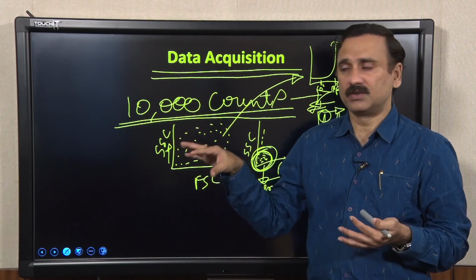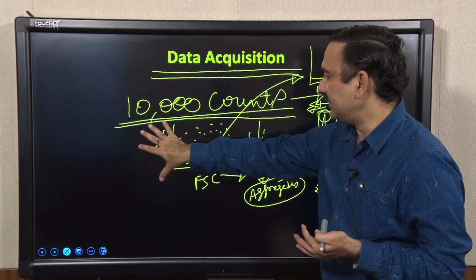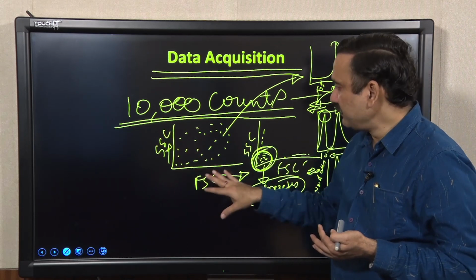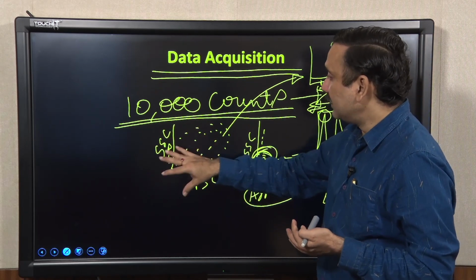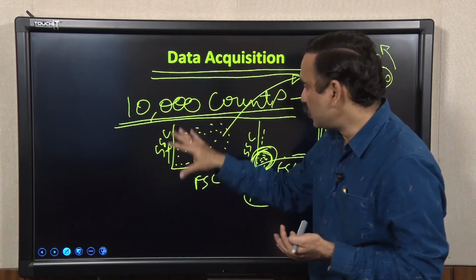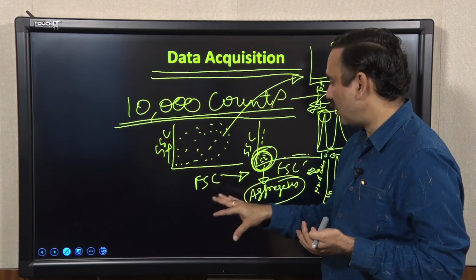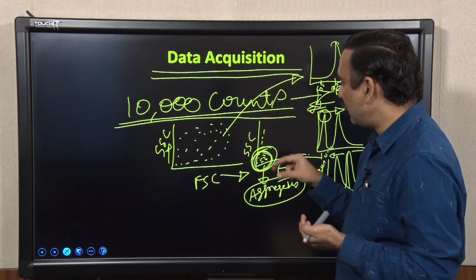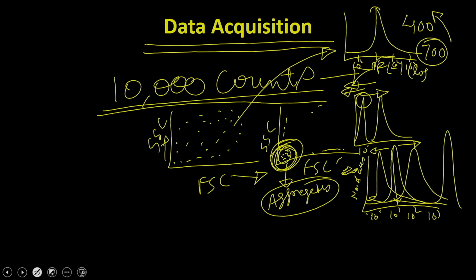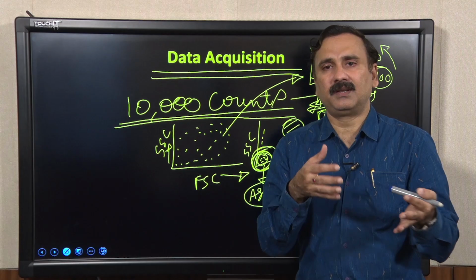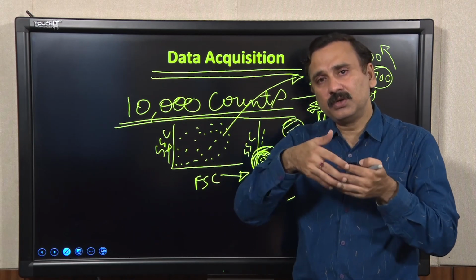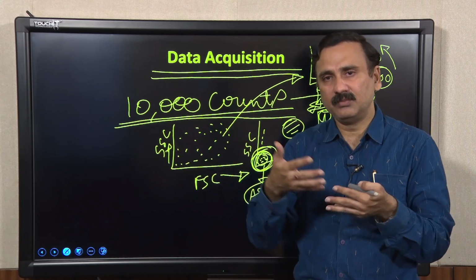So, these are the things you have to keep under consideration when you are doing the data acquisition. First, you have to go for the SSC versus FSC pattern and look at whether you are getting a good distribution of the different types of cells or not. It should not be focused onto one region, like here or here, because in both conditions your sample is not correct. When you are processing blood, for example, the blood has cells of different sizes, so it should give you a very nice distribution.